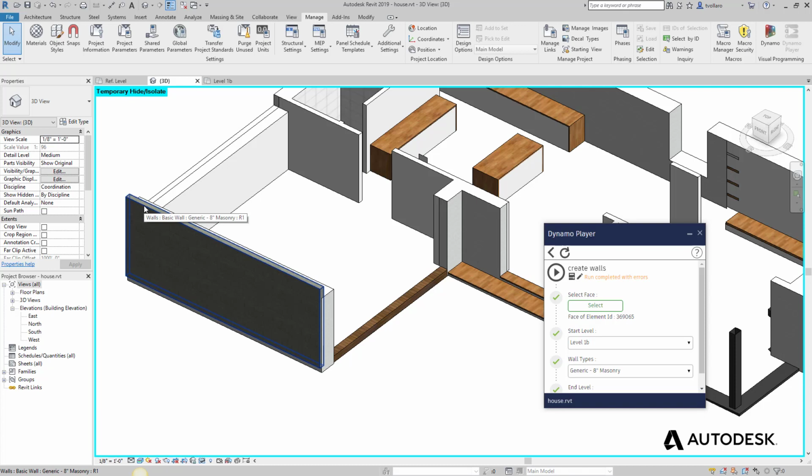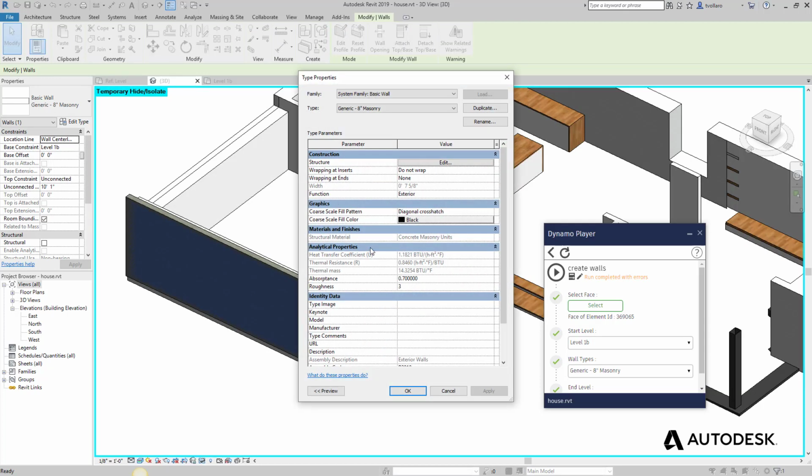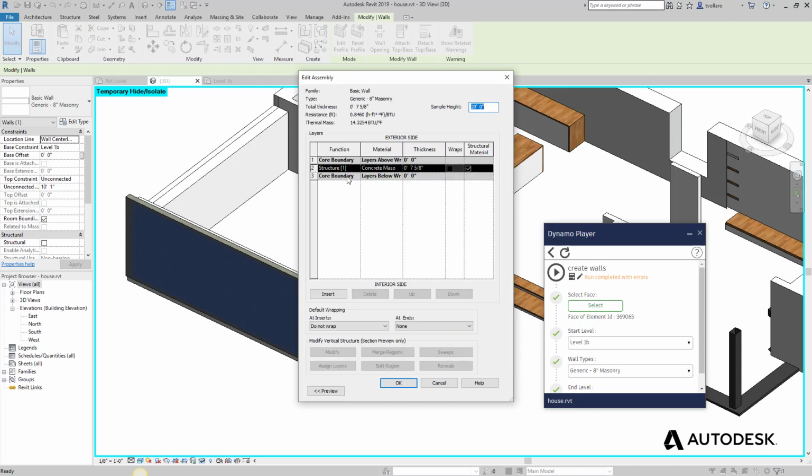So this depends on how you want to proceed with the rest of the model. You have these choices. You can use Dynamo to create these walls as you select them, or you can use the wall by face command. And then you can also go in and edit the type. And now that we have the materials that have transferred over from the FormIt model, we can go in and edit structure,